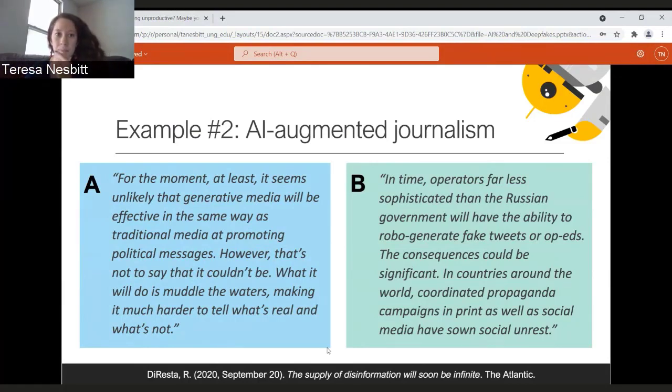And so I don't really know how I'm going to do this since I can't see the chat, but I guess I'll just ask you. I was going to ask if you could look at these two paragraphs from this article, compare the two, and see if you could identify which one was written by GPT-3 and vote. But since I can't see the chat, I don't think we can vote. So instead, I am just going to ask you to really take 3 minutes of looking over this, and then I will reveal which one's the bot.